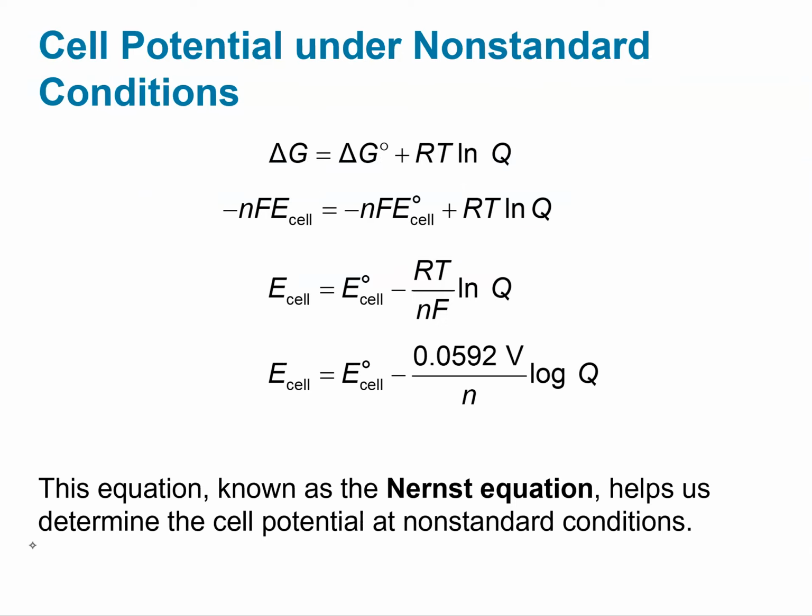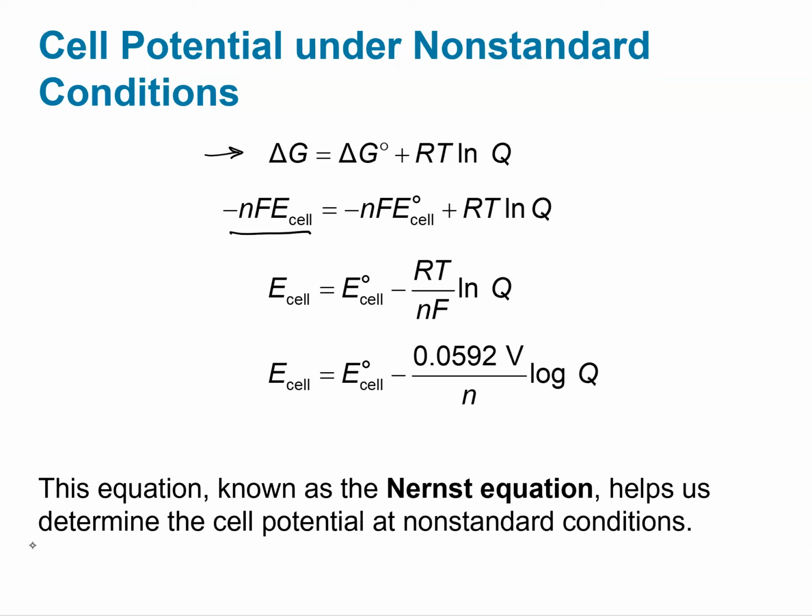Wow, so what do we do under non-standard conditions? Great question. Well, under non-standard conditions, we're probably going to be looking at a variation where we're looking at Q instead of K. Makes sense. So, because we already have this relationship, delta G for non-standard conditions equals delta G naught, which is our delta G for standard conditions, plus RT ln Q, we can neatly substitute